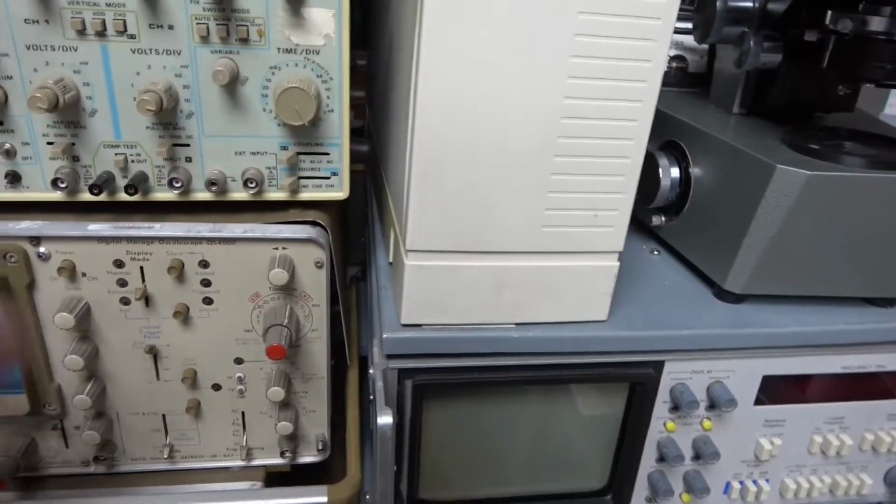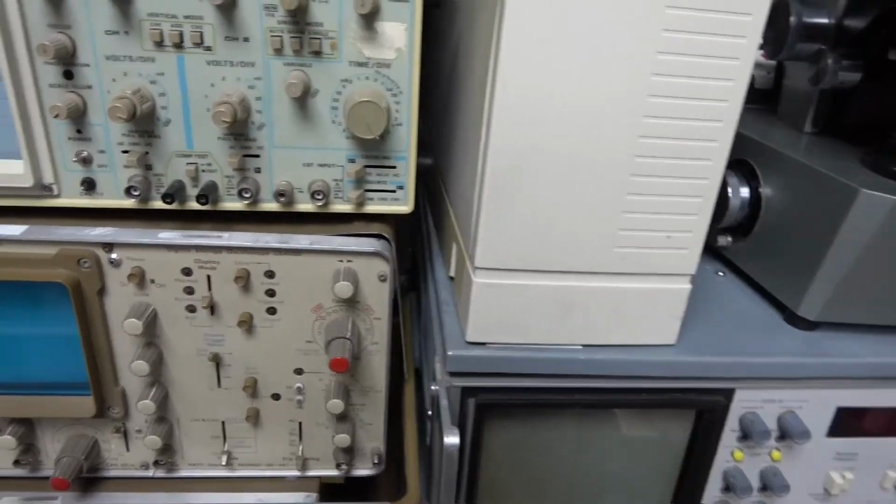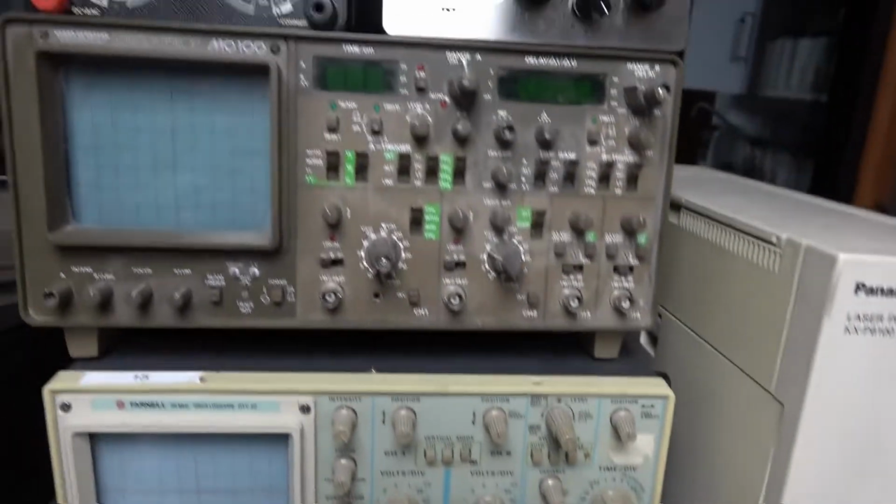So yeah, but okay if it works. Who knows if it works? And you know, it'd be a good project if it doesn't. Moving up, we have